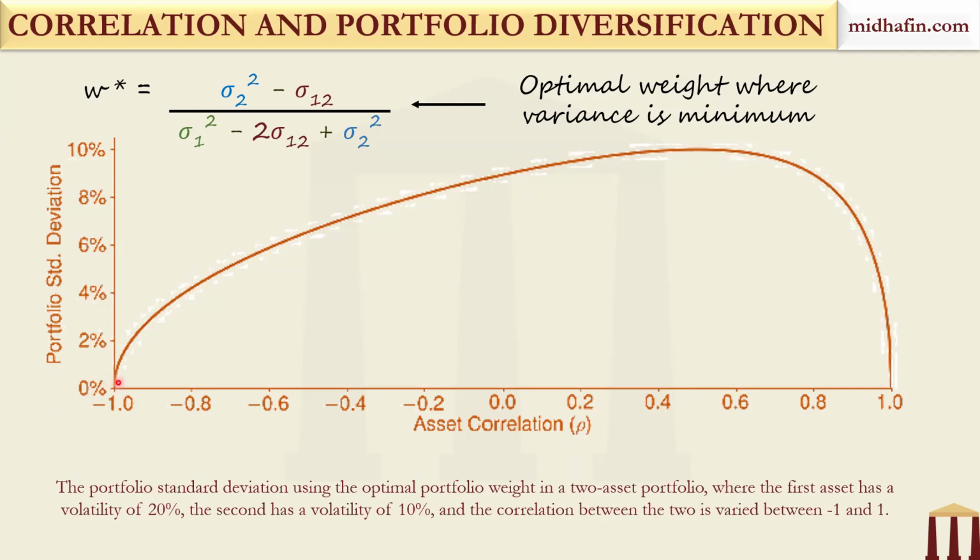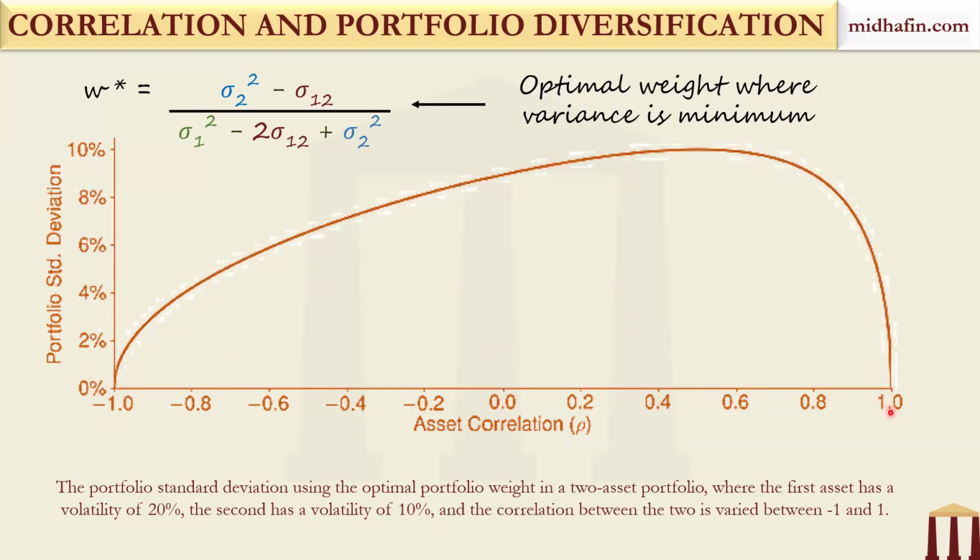So, with this optimal weight, it is possible to construct a portfolio with 0% standard deviation, almost a risk-free portfolio, with exactly negative one correlation. That is the idea with this diagram, that as the correlation is decreasing, the standard deviation is going to 0%. But there is a huge issue, if you see,